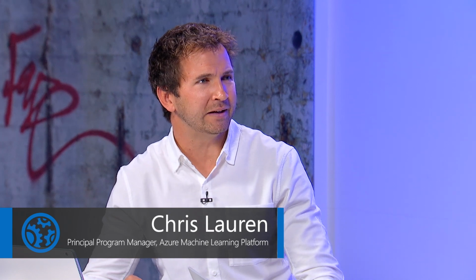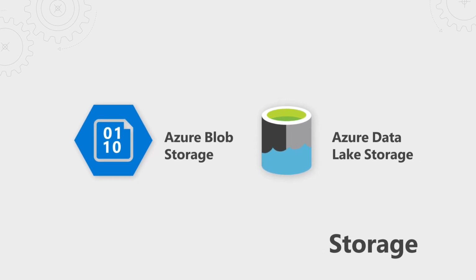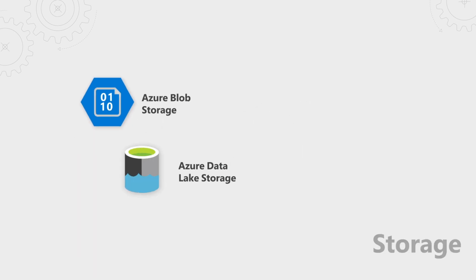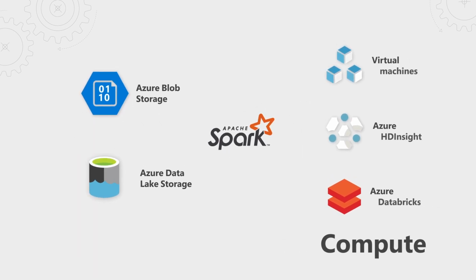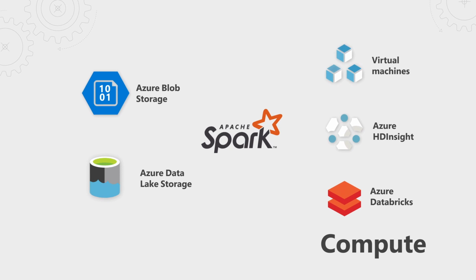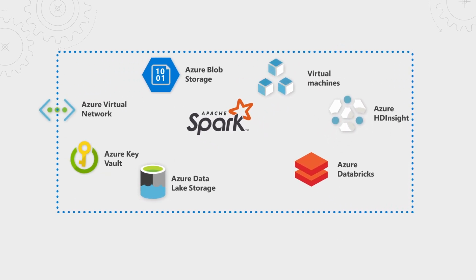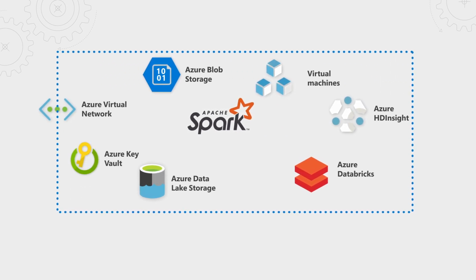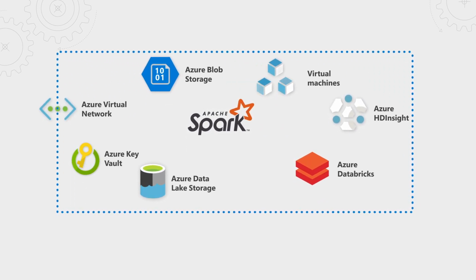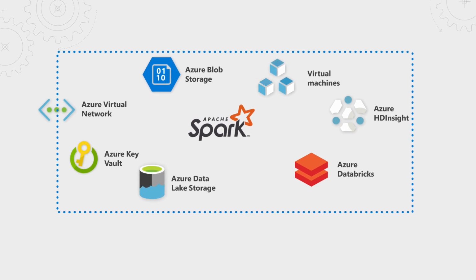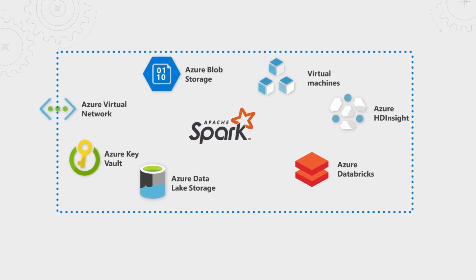In the past, if you wanted to use machine learning in production settings, you needed to bring together a bunch of different services to support the full machine learning lifecycle. For example, you bring together your storage, like Azure Blob Storage or Azure Data Lake Storage, because you can't train machine learning models without data. Bring in some compute, like individual virtual machines or a Spark cluster using HDInsight or Azure Databricks to run your code. And then to protect your data for enterprise readiness, you'd bring in your virtual networks or configure your compute and data inside the same virtual network and bring in some Azure Key Vault to manage and secure your